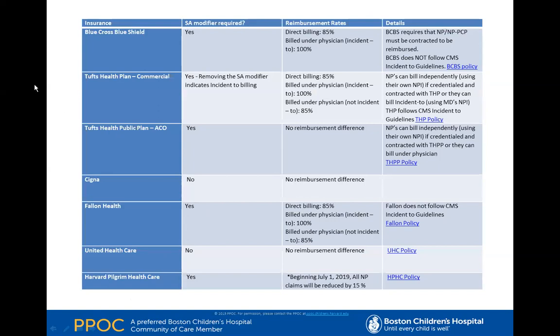The variations, which you see here on this slide, in some instances, Tufts being one of them, follow the Medicare Incident to guidelines to a T. Now, what I just described is great in the Medicare world because you have a lot of chronic conditions. Not that you don't have them in pediatrics, but you don't have as many as you do in the adult population. So the Medicare rules are kind of like hammering a nail with a screwdriver. However, Tufts, you have fairly high volume there, and it's clear that they follow that. So for your Tufts patients, you're really only going to be able to bill those chronic conditions Incident to.